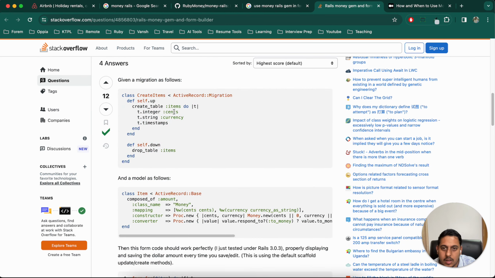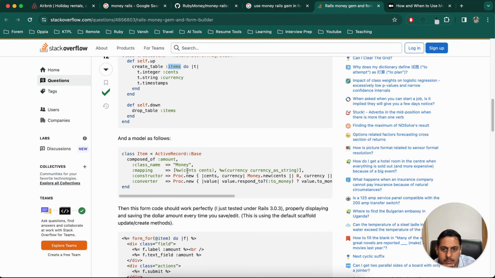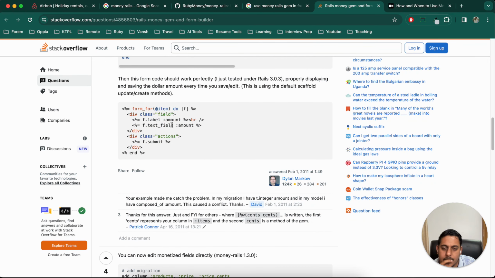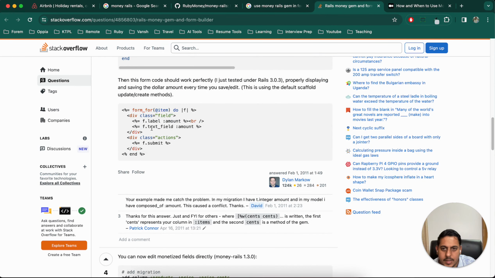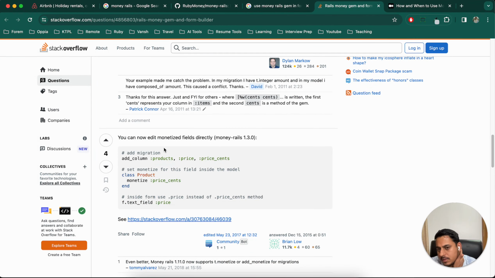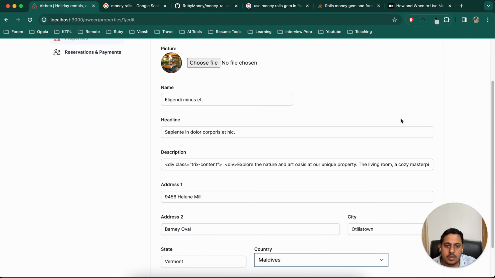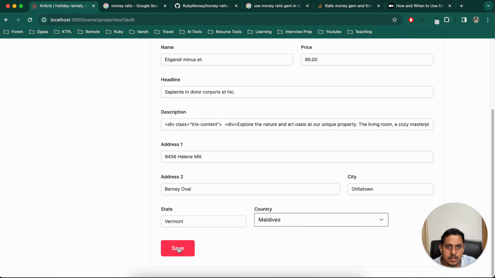They've used class name money composed of amount, so we might have to use price. This doesn't look good actually. F.text field price. Okay, so let's use price. Refresh, and it is visible. So if we change it to 90 and save it,